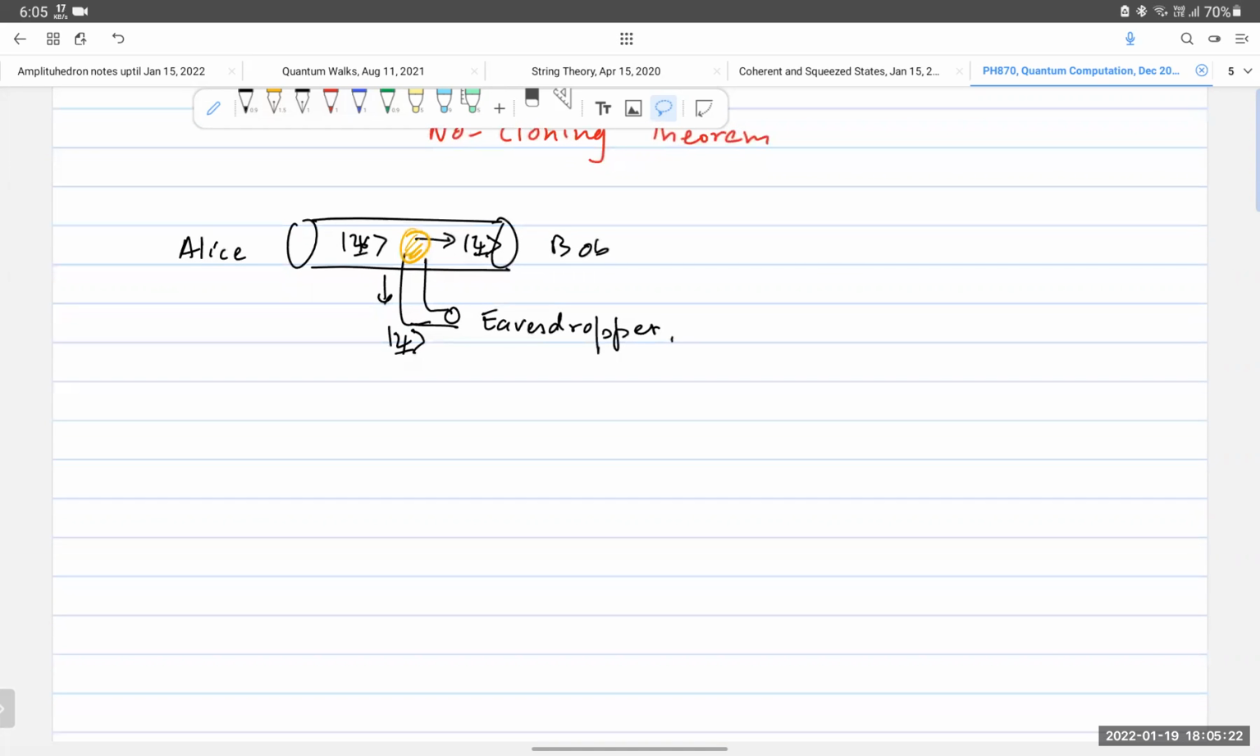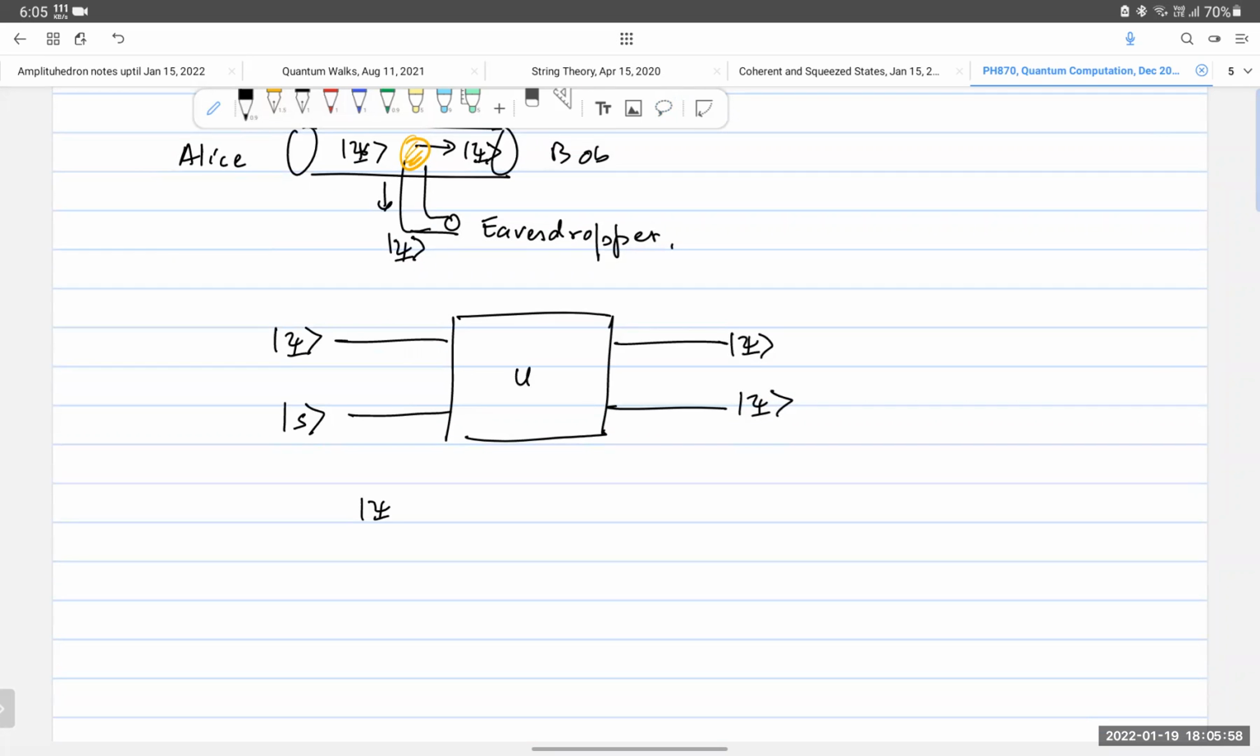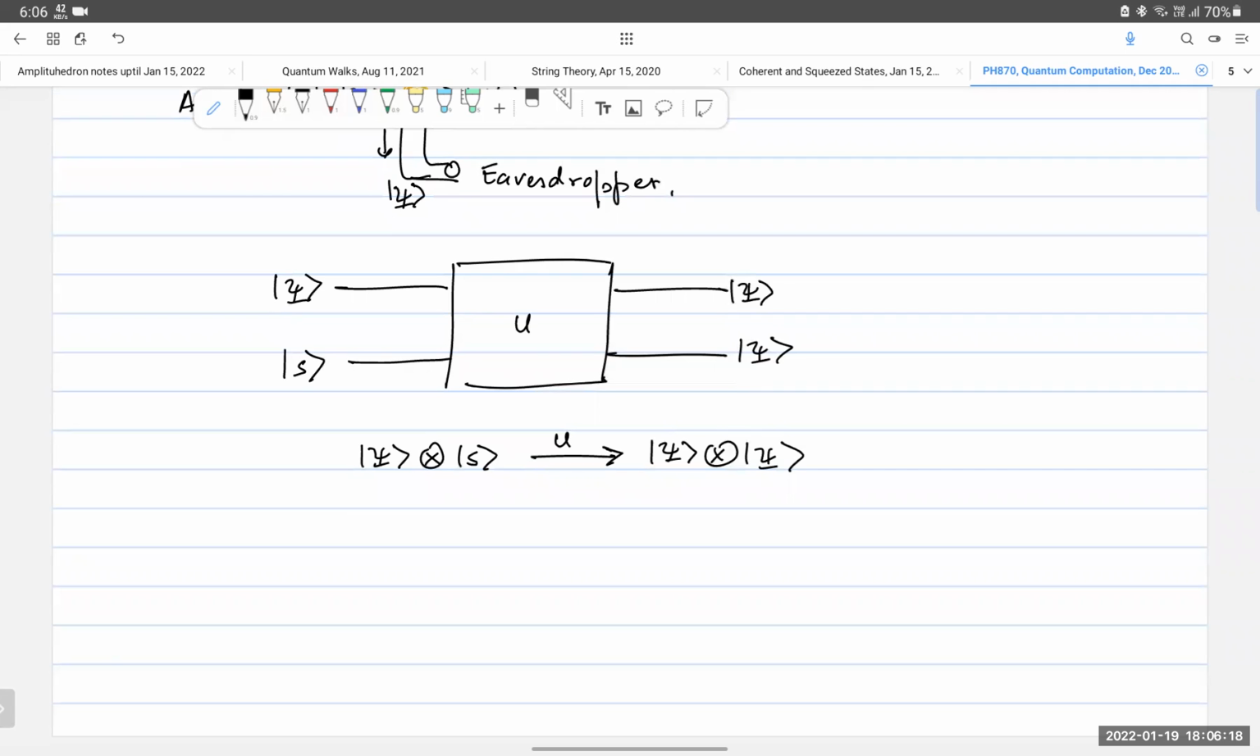And so what we want is the following. We have a copying machine, and it will be some unitary operation, presumably. And we input some state psi, which we want to copy. And what we want is that the output should consist of 2 copies of psi. The state is psi, and we want to act to get psi tensor psi. Okay. So now let us assume